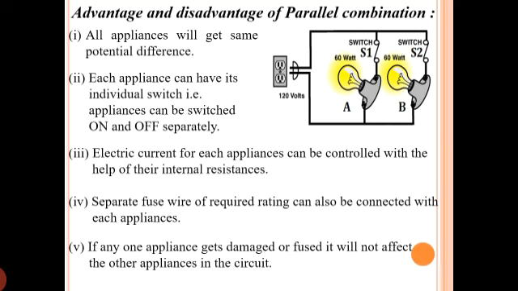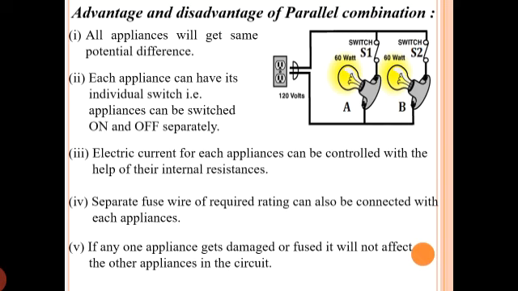and you can see each and every point is totally opposite, and that is why at home the appliances that we have in the circuit are connected in parallel only. That you should know now. So at your home, your bulb, your refrigerator, your television, your tube lights, or any appliances that you have, they are connected in parallel only.